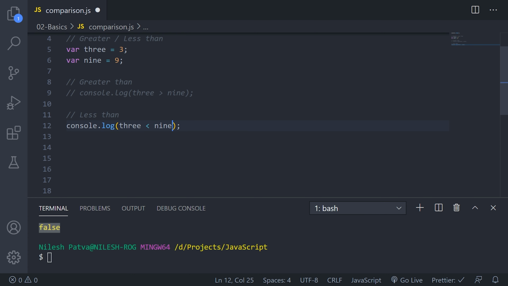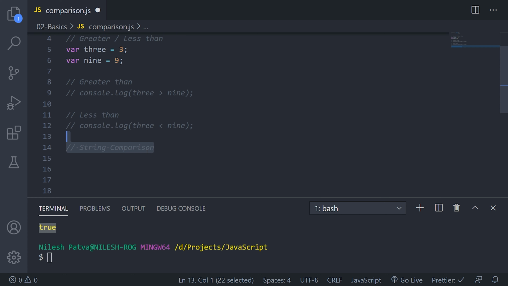Let's just go ahead and see the less than operator. I'm comparing the same two numbers with the less than operator here. It is again an angle bracket, which is the opening angle bracket. Let's see the result again. As we know 3 is less than 9, that's why it is giving us a true. This operator will return a boolean value. Greater than or less than will always return a boolean value, because we are asking whether it's greater than or less than. If it is, then it will give us a true, or otherwise a false value.